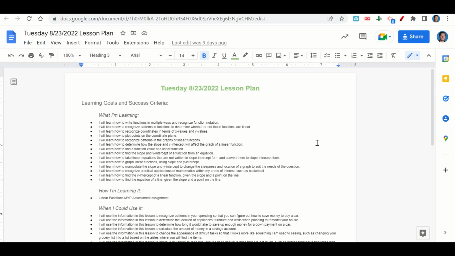Welcome everyone. Let's begin our lesson for today by going over the learning goals and success criteria. First, what are we learning? We're learning how to write functions in multiple ways and recognize function notation, how to recognize patterns in functions to